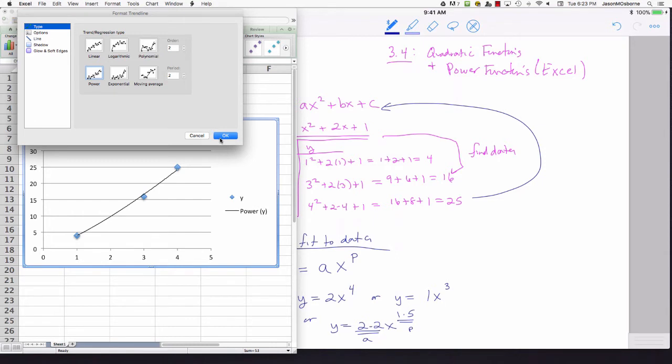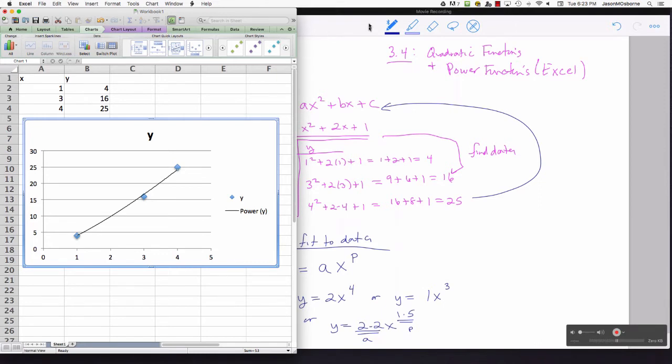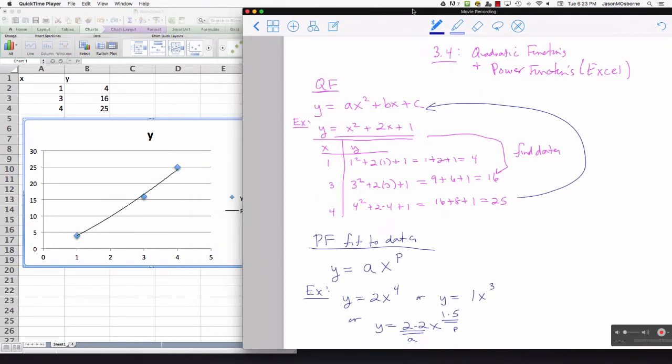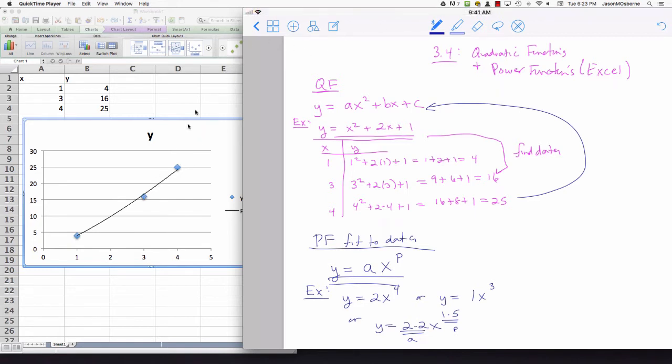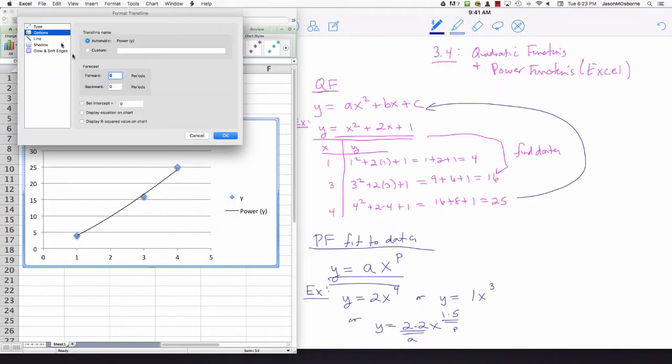Okay, and you say okay. Now this was the best fit was a quadratic function that went through all the data. This power function is only of the form a x to some power p. So it won't fit exactly, which is what we're seeing here. But you can just format the trend line, display the equation on the chart,